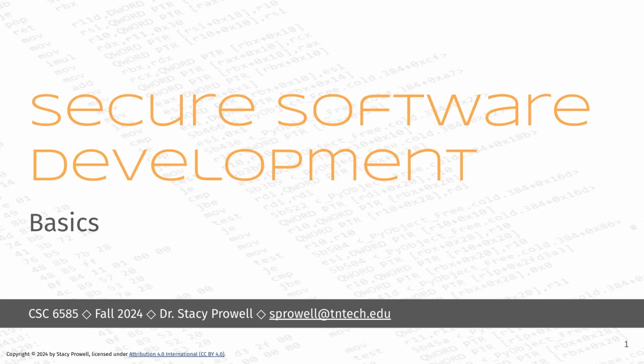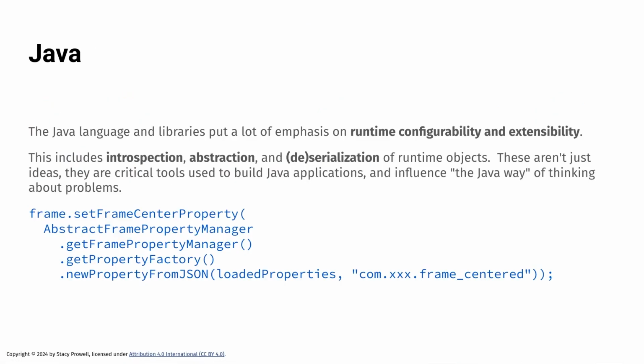We'll of course begin this class, as we always do, by talking about Java. Java puts a lot of emphasis on runtime configurability and extensibility, and that includes things like introspection, where a program is allowed to inspect its own code and components, abstraction, and deserialization and serialization of runtime objects. And these are basically the Java way of doing things. People can sometimes deride this for being very wordy, but it's just the way that things are done in